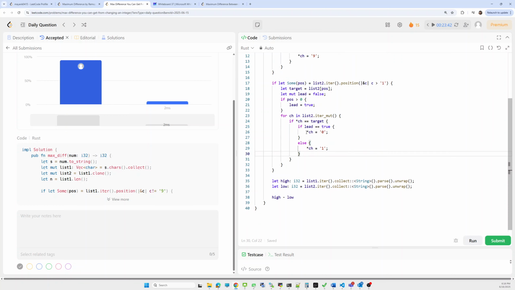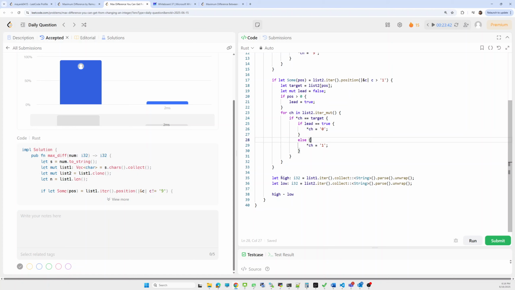Simply, here we have to take care of the dereference operator also. Now in the end we have to reconvert that list of characters to an integer. So first we iterate over the list, then collect all the characters and form a string. Then after forming the string, we'll parse that string and unwrap it to an integer. It will give me an integer. What we did here is all the reverse steps.